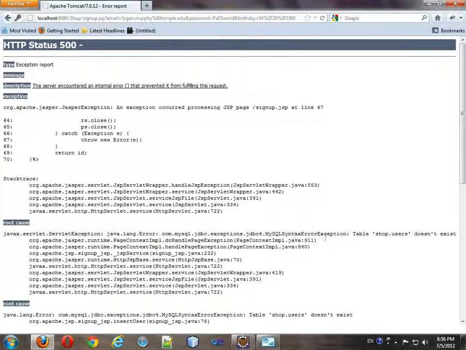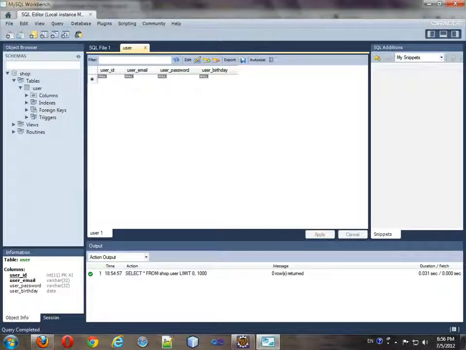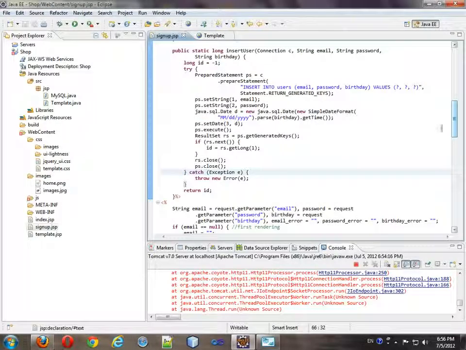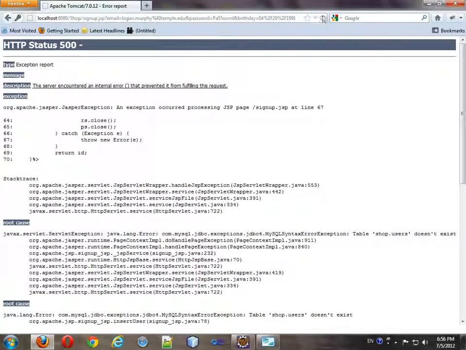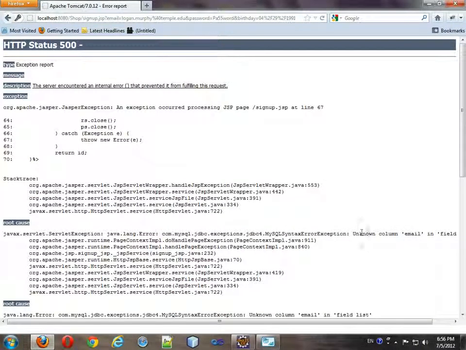It says shop users doesn't exist, so I'm probably calling it by the wrong name. So it's just user. So that's the problem. So we're going to come up here, just call this user, save it, refresh. Now saying unknown column